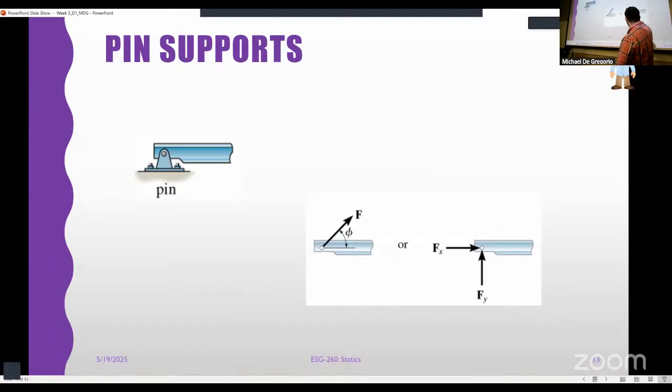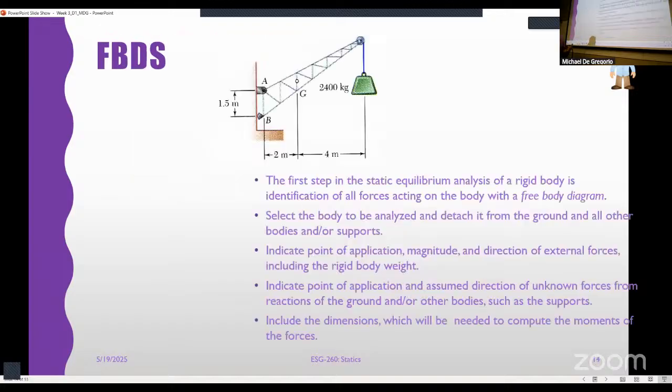So our reactions are a force in the x and a force in the y. Or you can draw it as a force with an angle, right? Because that's the same thing and we understand that. But there is no reaction moment, right? There is no reaction moment. Great, that's a pin. Those are probably the two most common types that you will see, right? But there are quite a few others, and we'll talk about those in a second.